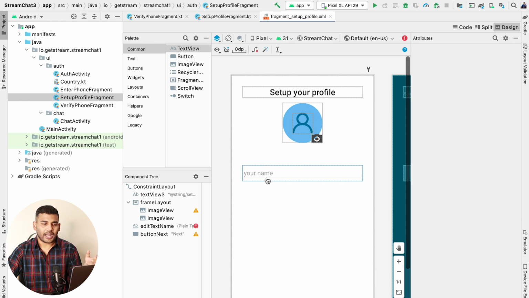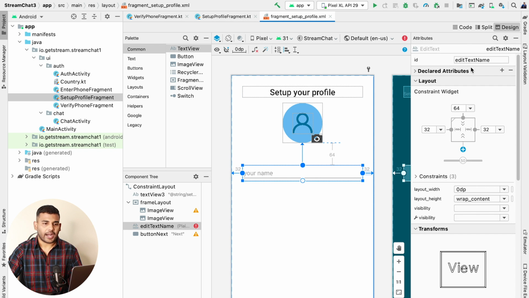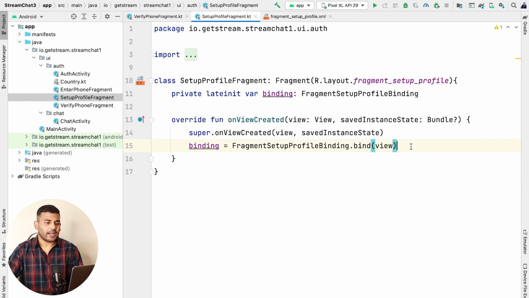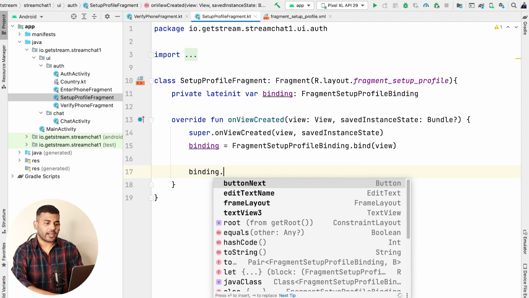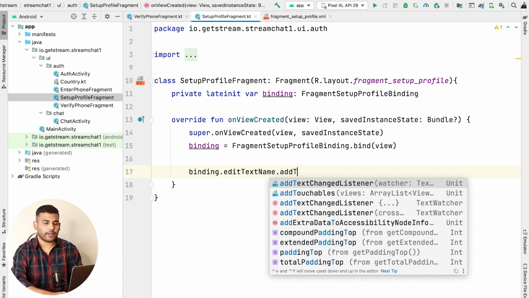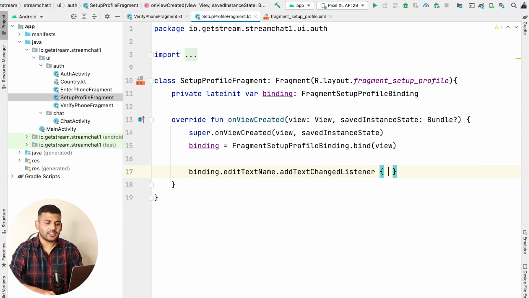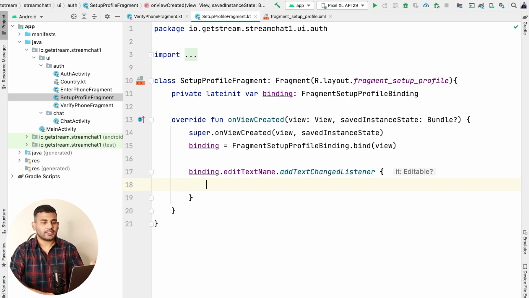Now in this example, I will just take the user's name, and later if you want you can implement this feature as well, that is take the user's profile picture. So this is editTextName, and here I will attach a text change listener. So I will write binding.editTextName.addTextChangedListener, and inside this listener I will change the enable state of the button.